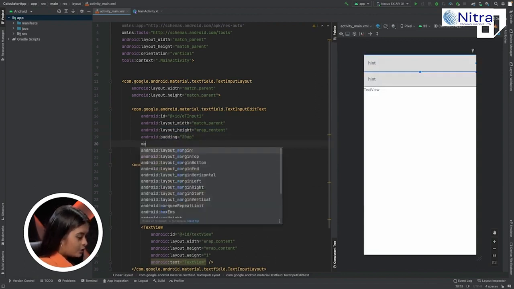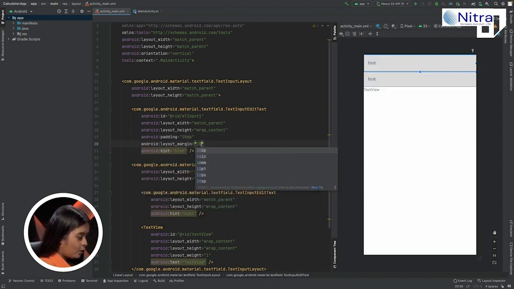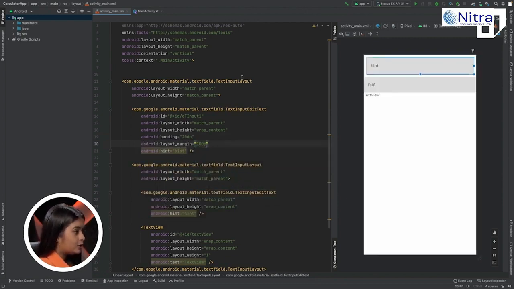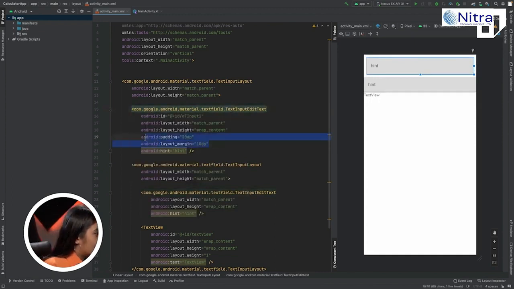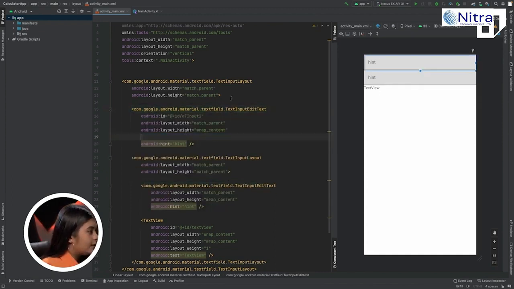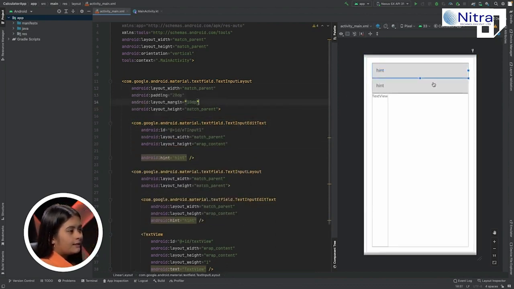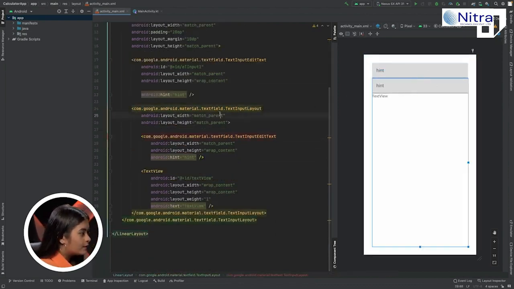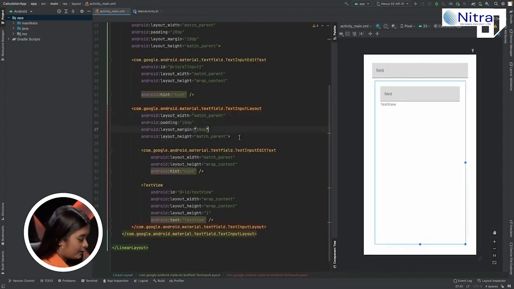And margin as well. Okay, we should better give all these margin and padding to the text input layout, because this input edit text is inside the input layout only, right? So let's quickly put it here in the input layout. Awesome. And in the same way we will do for this one, so that there is enough gap